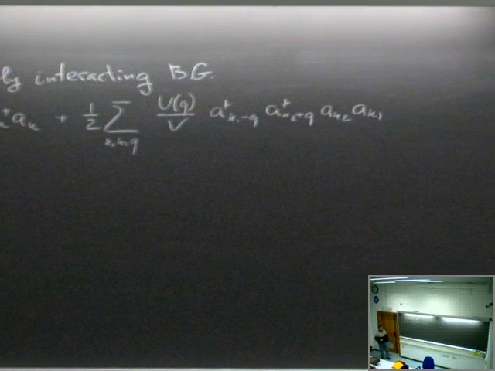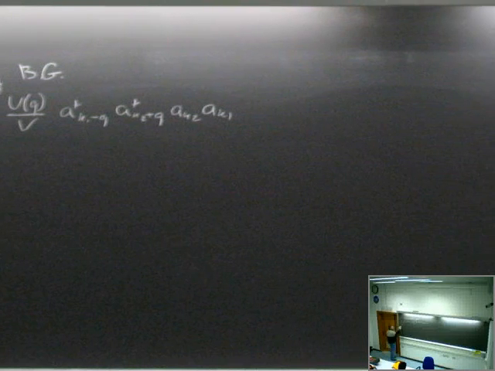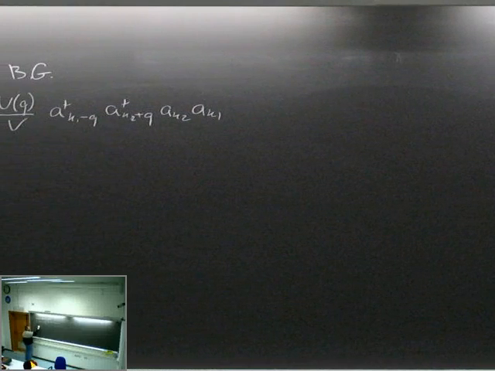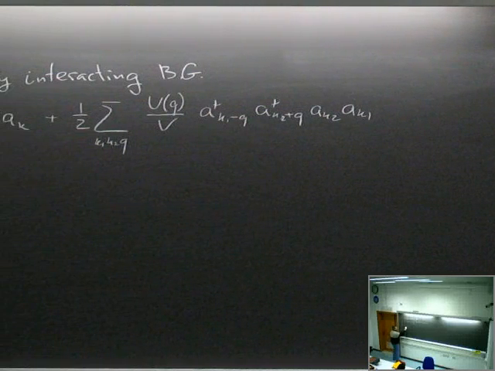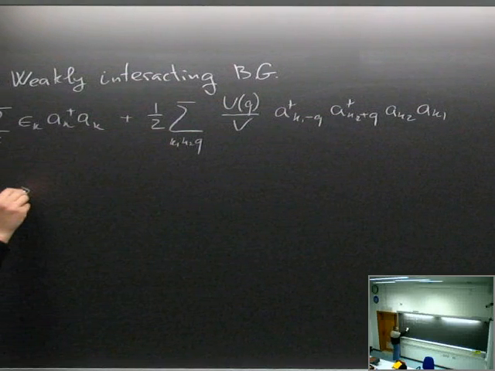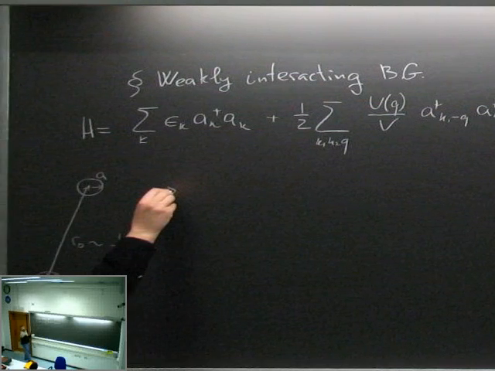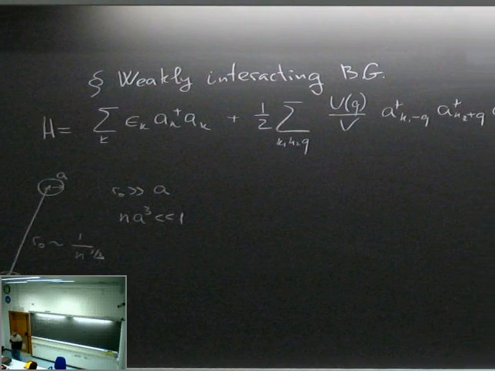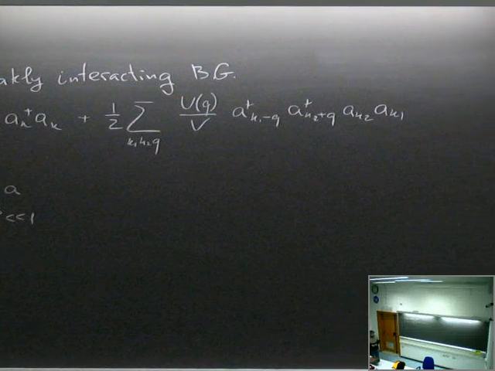And this R naught should be much larger than the size of the bosons. Therefore, we have n a cubed much smaller than 1. This is a gas parameter. This parameter is dimensionless. It's assumed to be much smaller than 1, which provides us the condition for